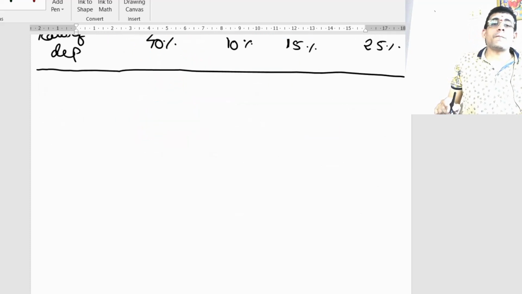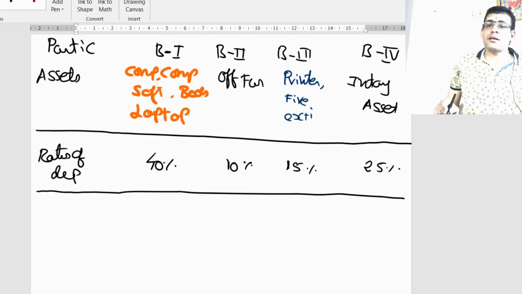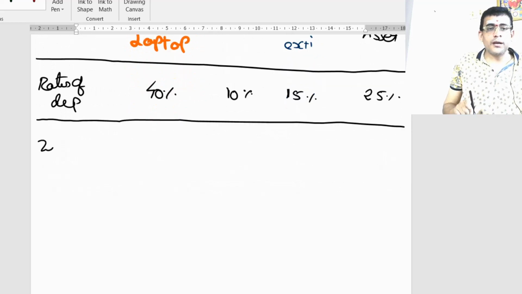Now fundamentally we know that the rate of depreciation should be applied on your WDV. So I need to compute my WDV. Now in this case my opening WDV is 0 and sale proceeds are not there, so whatever cost I have of the assets under the block, that itself is called WDV. But let us try to calculate your WDV. Show this as a part of your working note number 1.